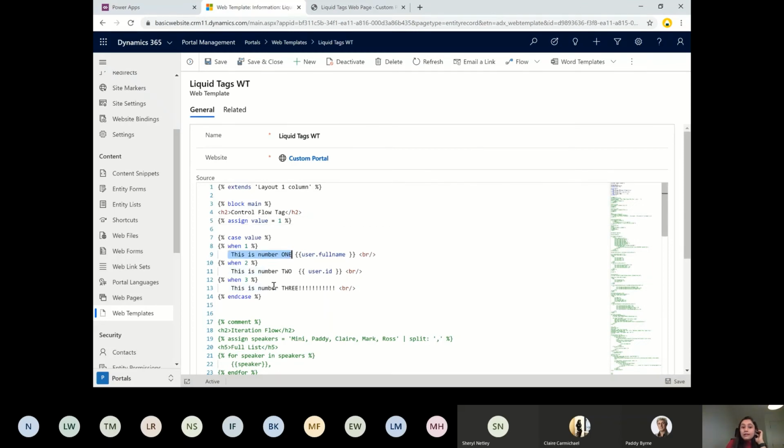My suggestion here is, if your portal is enabled for multiple languages, these static texts are of no use, because for another language it's also going to show in English, right? So for this, the content snippet comes into the picture. Create a content snippet, give it a name, and a key and value pair.